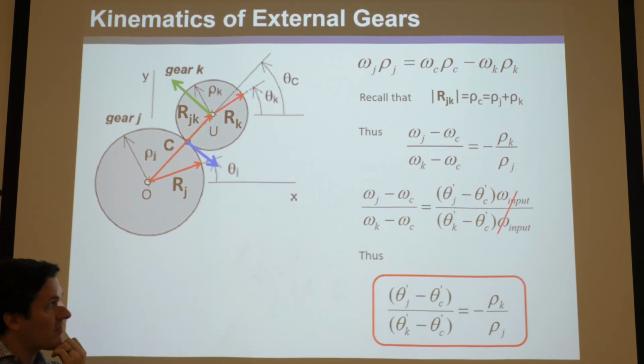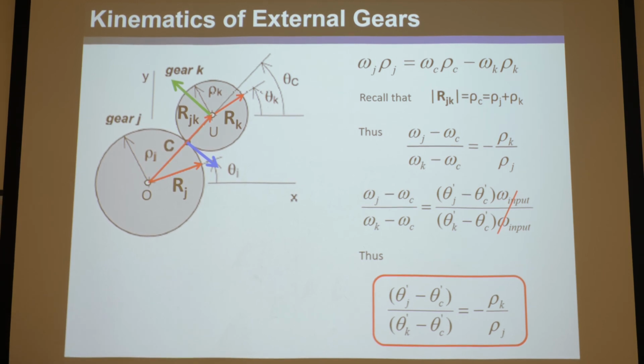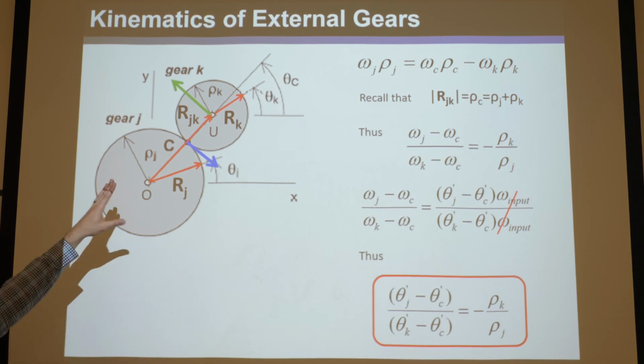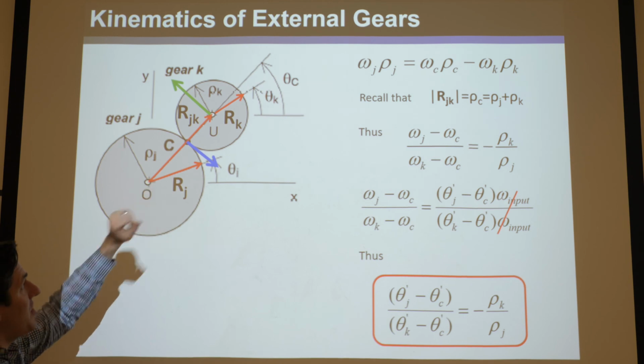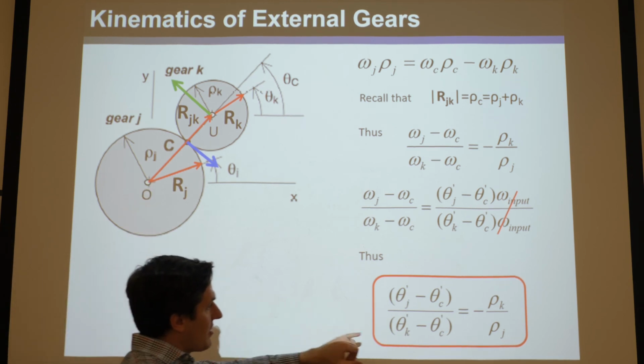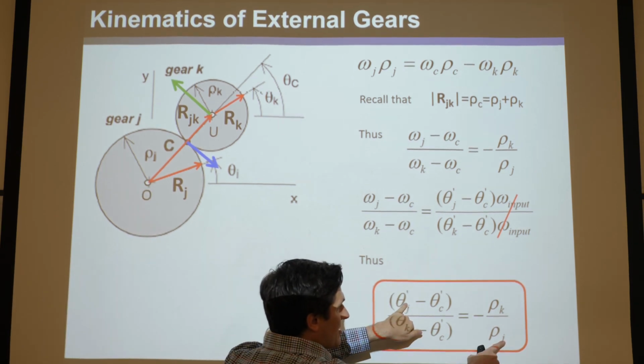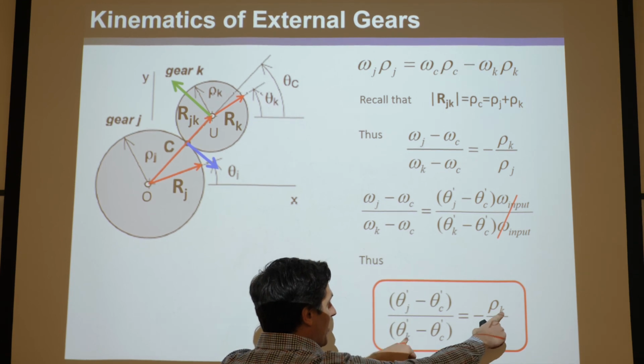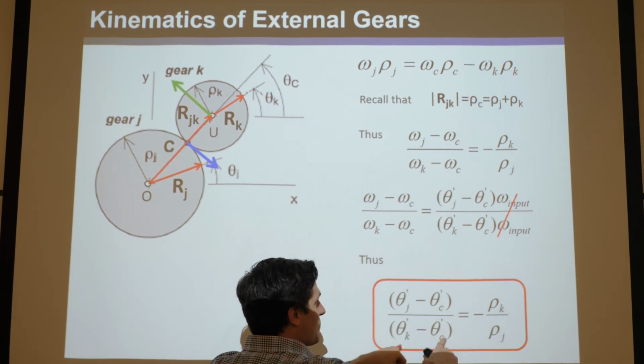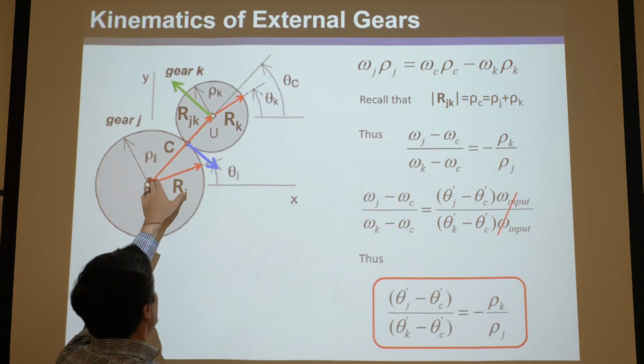I basically just converted from angular velocities to first order kinematic coefficients, which are of course very similar. They're just instead of the derivative with respect to time, they're the derivative with respect to the input variable. And this is the one I want you to memorize. For external gears, this tells you everything you need to know, except, look, J's on top here, J's on the bottom here, K's on top here, K's on the bottom here, and then this is the special C, that's the